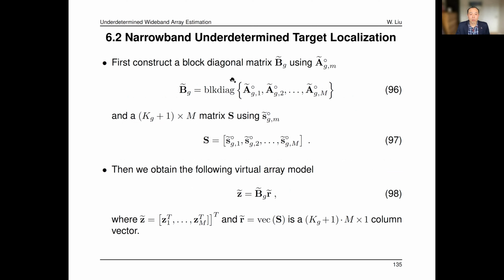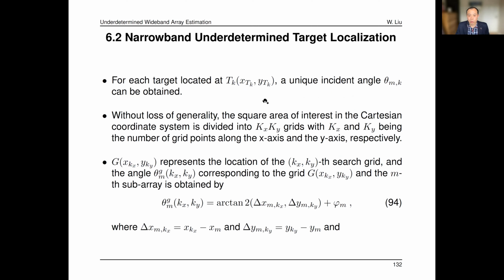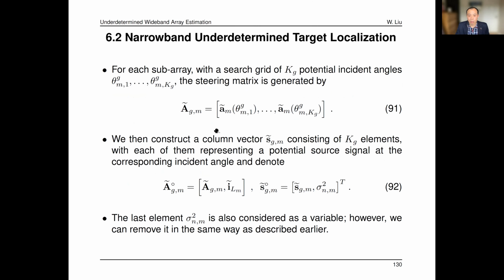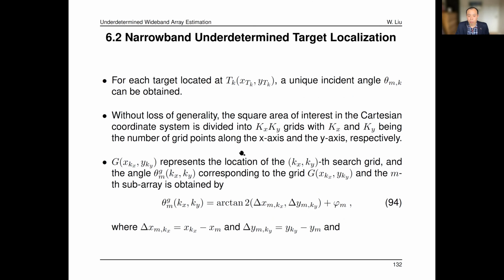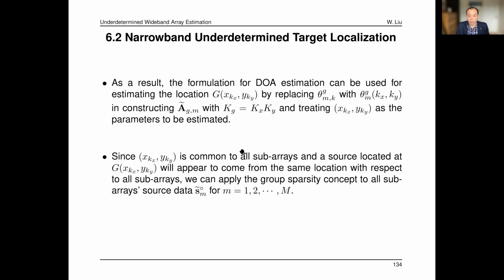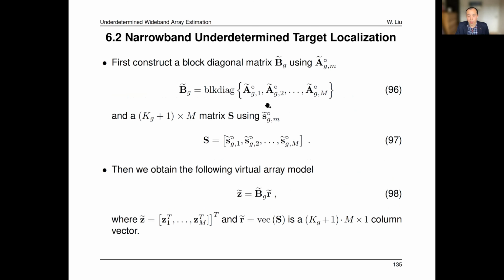So first we construct this block diagonal matrix, as before. You have this formulation here, so you can construct this block diagonal matrix for each individual one. And then you generate the source matrix. And then you can form this long vector for the observed signal, the virtual observed signal,